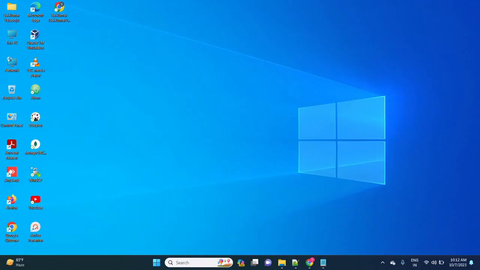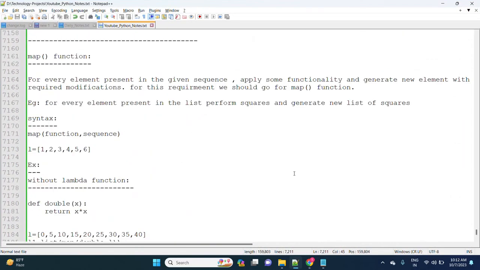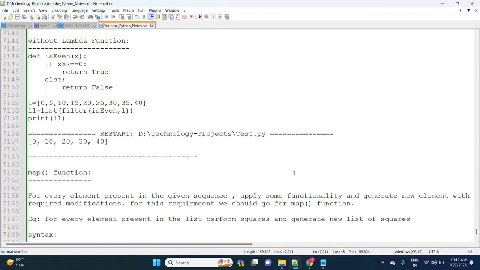Hi friends, in the last session we discussed the filter function and the map function. I will remind you of those two functions one more time, and next I will explain the reduce function in